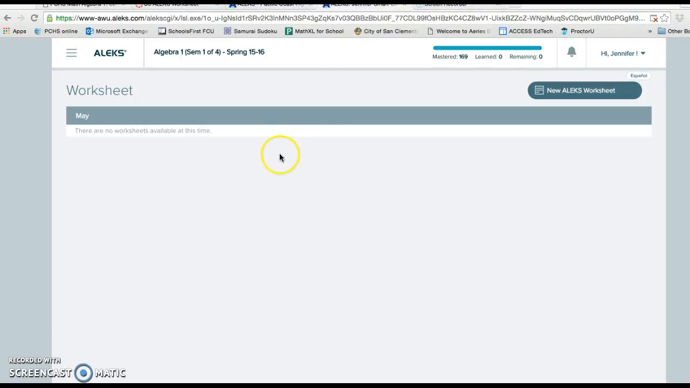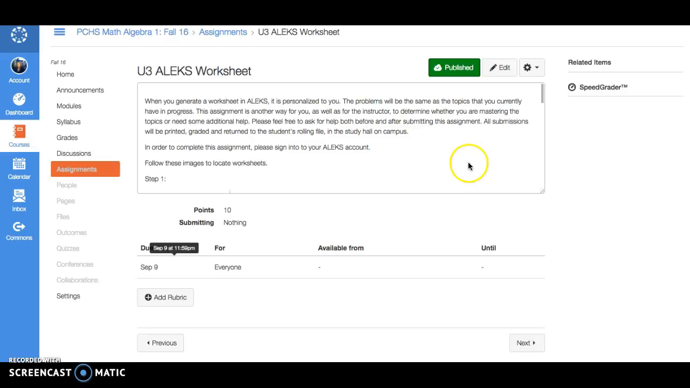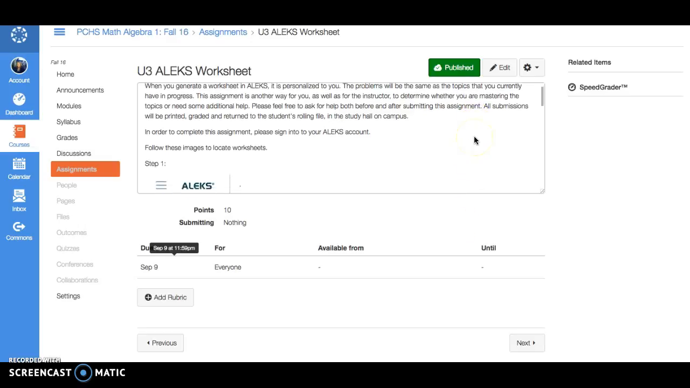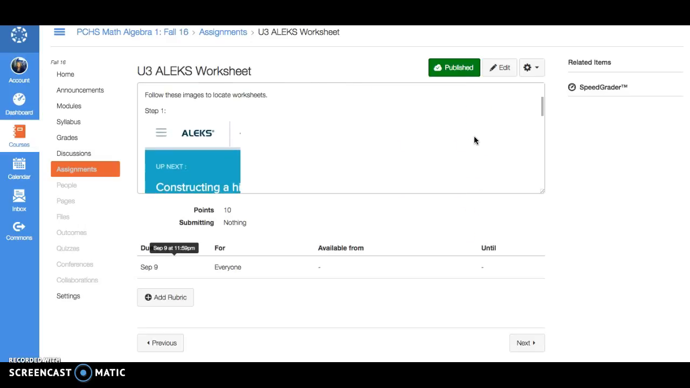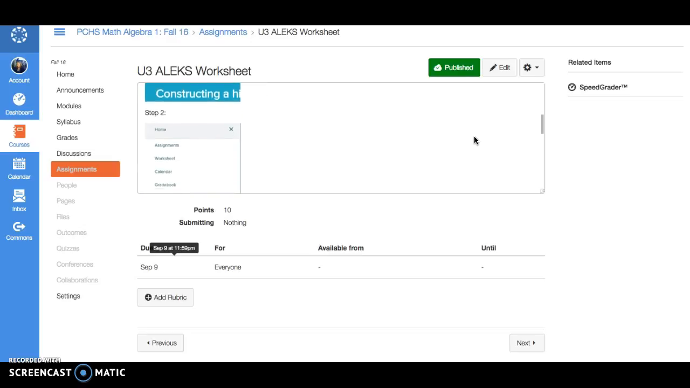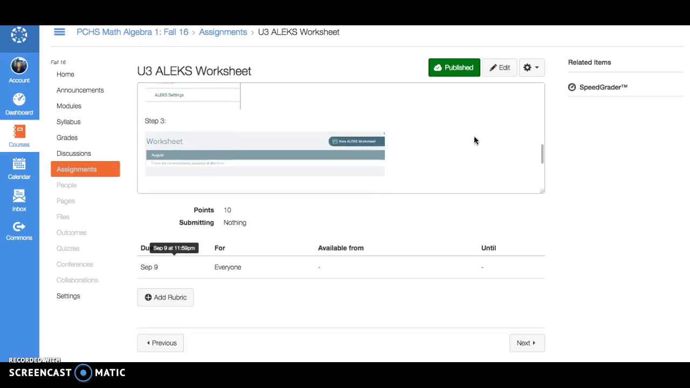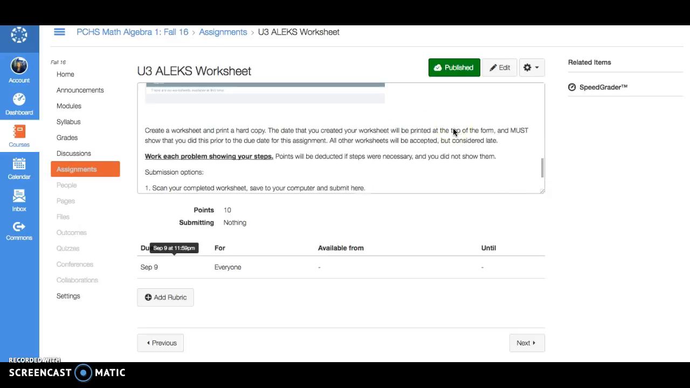Okay, so you've got your worksheet and you've printed it out and you're ready to go and work on your worksheet. So let's go back to Canvas. And if you don't want to watch the video again, you can just go through these steps. Here they are. You're going to go to the main menu. You're going to go to Worksheets. You're going to create a new worksheet by using this button here. Okay,